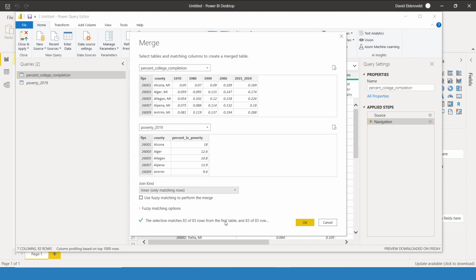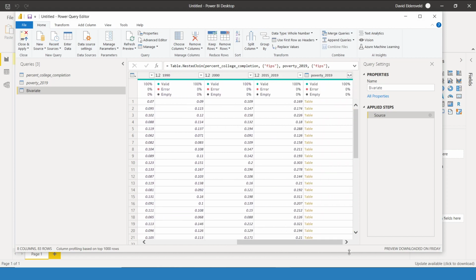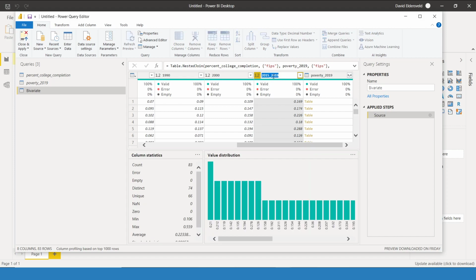It's just curated on Michigan County here, but I get the match on 83 rows. And I'm going to quickly rename this as Bivariate, which is the query name, which will become the table name that I had in the original example file. And then there's a lot that I don't need in terms of columns that I'll clear out here in a minute. But I'm going to just quickly rename this one to college completion,